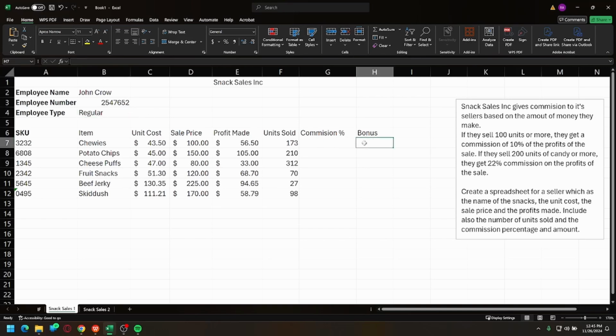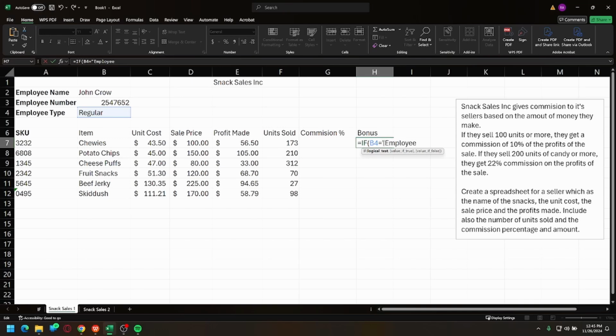So we can say bonus equals if this employee type, oh, hold on, sorry. We forgot to open our brackets. So if this thing, whatever is in here, this value is equal to, I'm going to open bracket. We could say if it's equal to